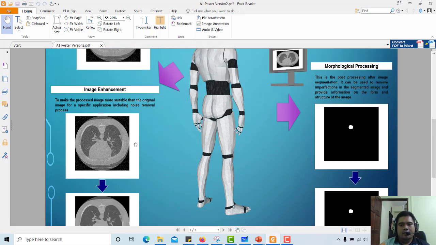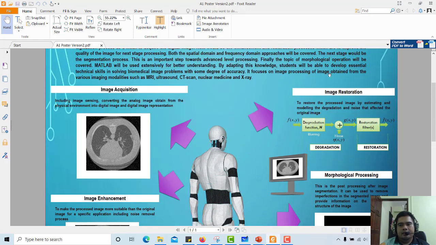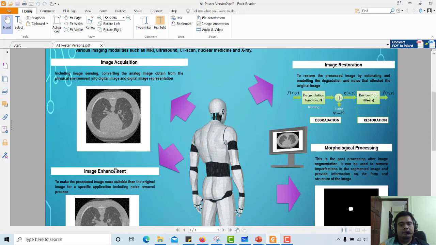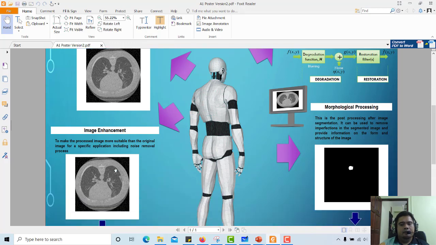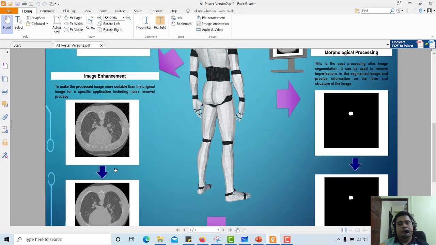And after that, after image enhancement, you will learn what we call image restoration. Image restoration is almost similar to image enhancement. The purpose of both image enhancement and image restoration is to improve